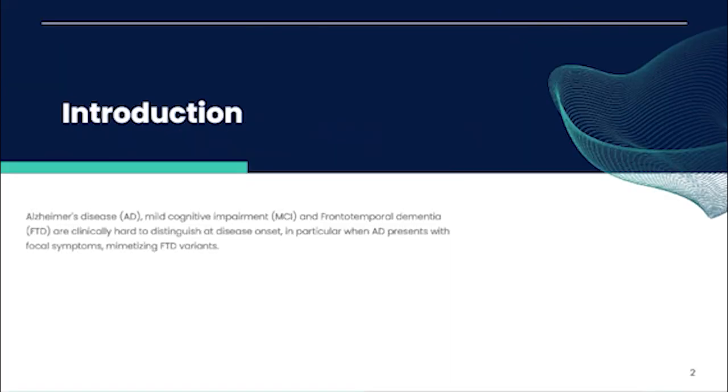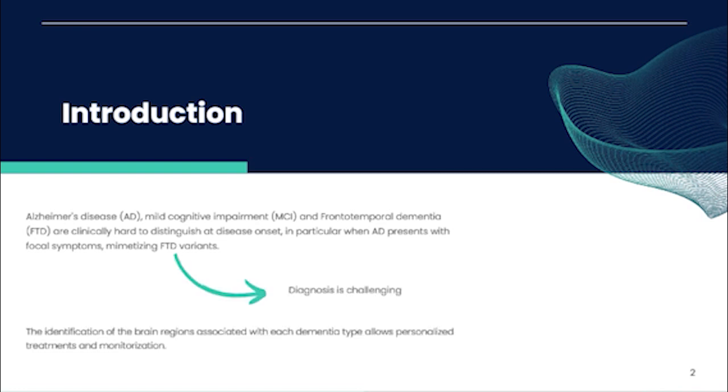Some dementias, for instance Alzheimer's disease, in particular mild cognitive impairment, Alzheimer's disease related, and frontotemporal dementia can present very similar symptoms at the very disease onset. And distinguishing these diseases can be quite challenging. Therefore, the identification of the brain regions specific to each dementia type can be very useful for adequate treatments and